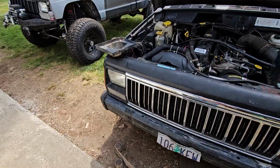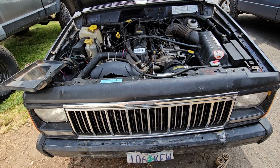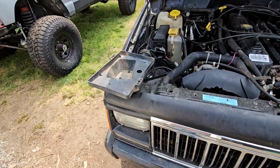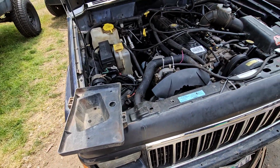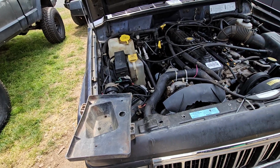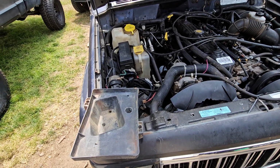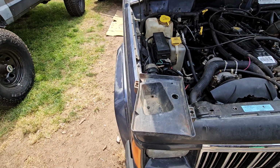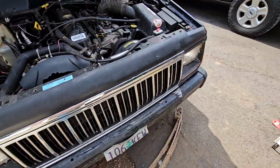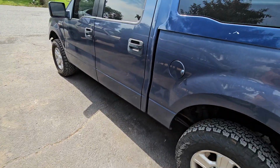But yeah, so still got lots of things that we can do, and we'll do it. So I'm gonna go ahead and start working on something, and so that'll be it for this video. Sorry it was so long of me just talking about stuff, but I had to catch you up with what's going on with these Jeeps since I lost the footage of what I had done, and then with this thing